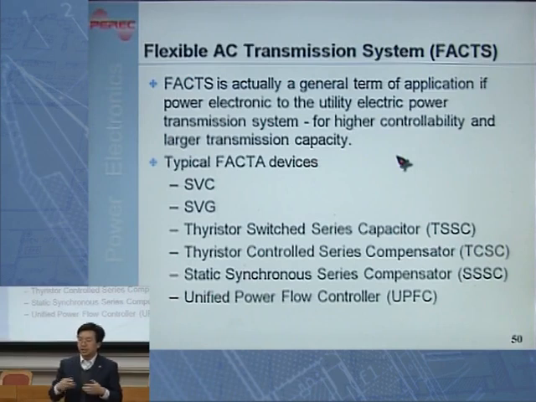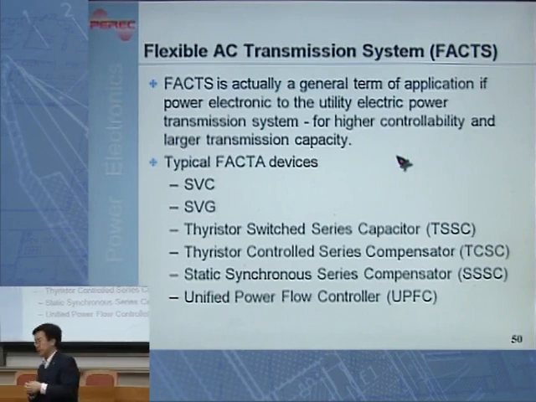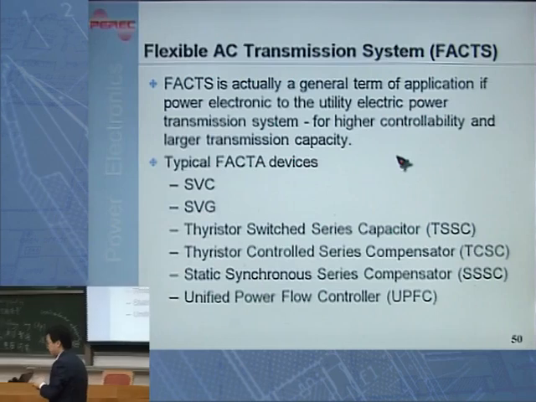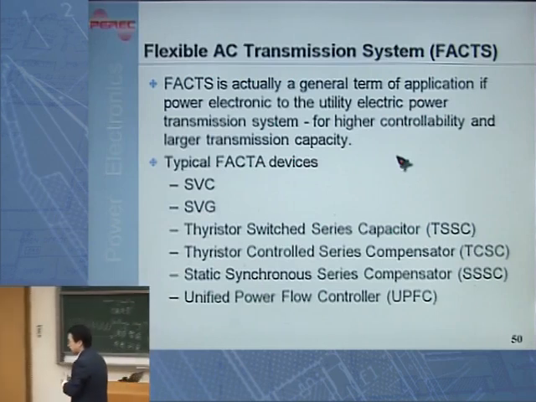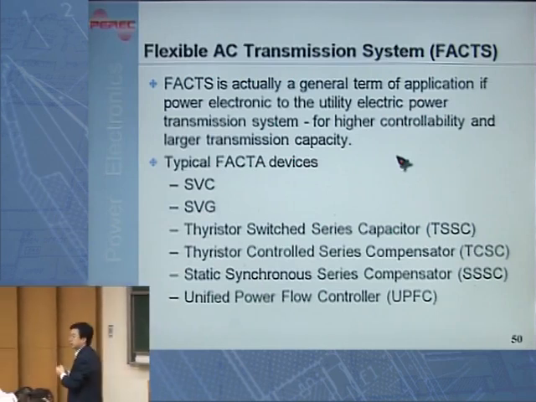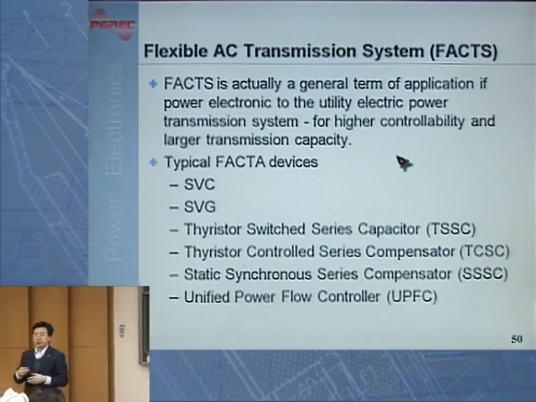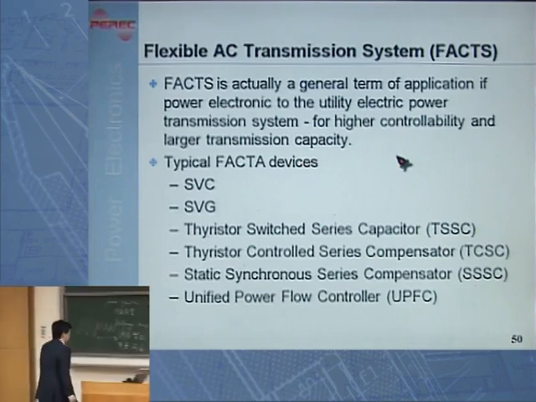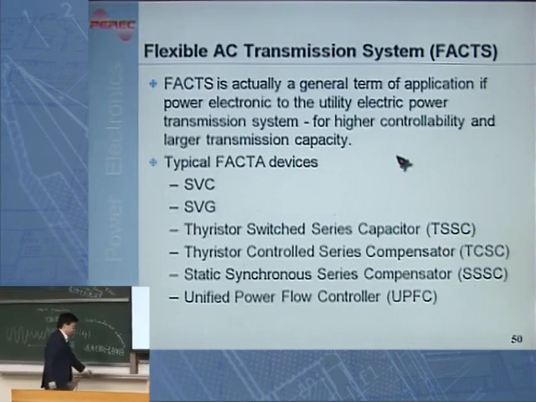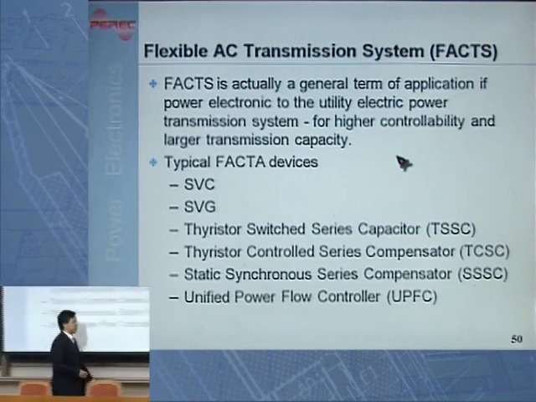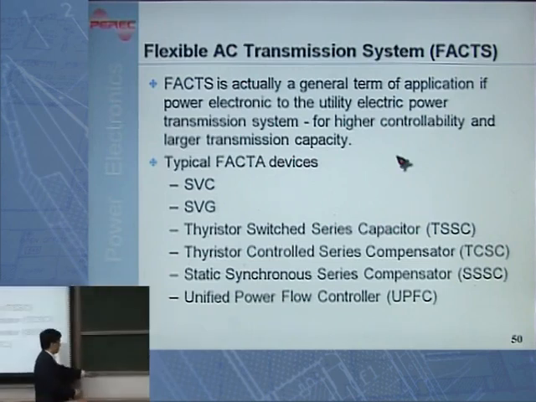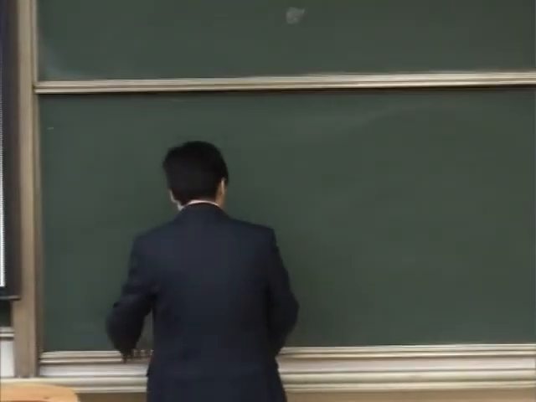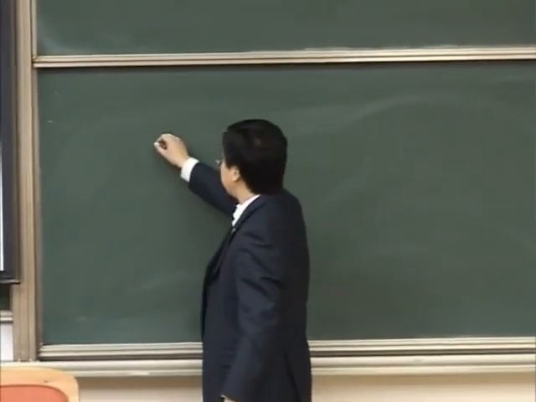The basic idea is, if you look at power electronics and all the power converters, the reason why power electronics can be very widely used in power systems, as I see, there are 2 basic reasons. 2 basic reasons why power electronics or power converters can be applied to power systems. One basic reason is that